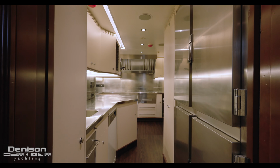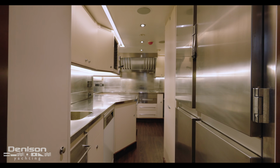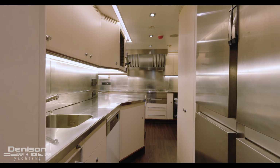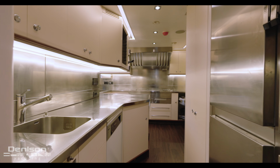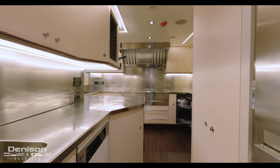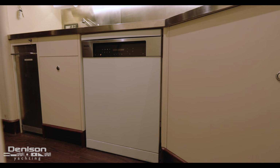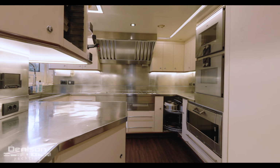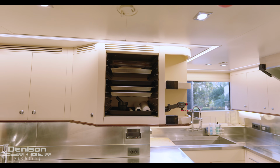We move forward from that pantry area and enter the galley. This is where all the meals for the guests and crew will be prepared. Truly everything a chef will need is found here, including more refrigerators when we first walk in. 2 more dishwashers, a trash compactor, tons of prep space. There's some custom additions that the captain did, like the storage compartment for trays when they come out of the